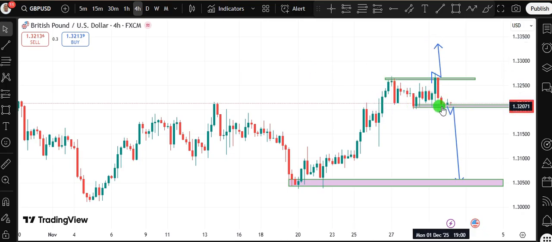Currently, you can actually see a bit of loss in momentum right here. You can see the market losing momentum around there, and of course, you can see some sign of indecisiveness among the bears and the bulls, both of them having a war right here. So this will decide who is going to win. Are the bulls going to push this market back to the zone, or are the bears going to be able to push it down to the zone? Anyway, let's see what really plays out later on today.